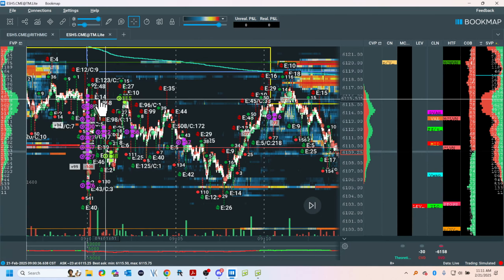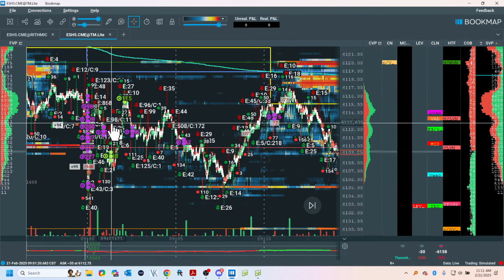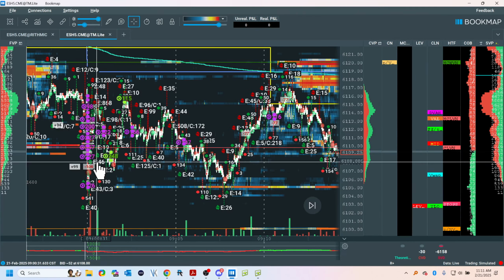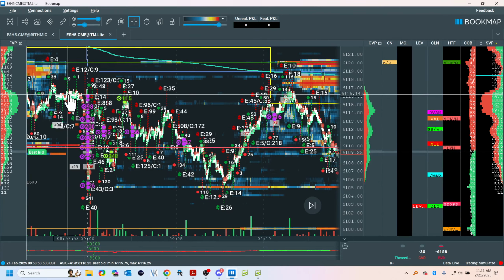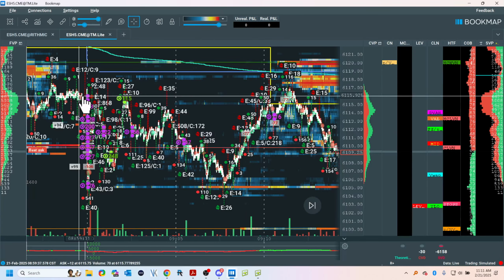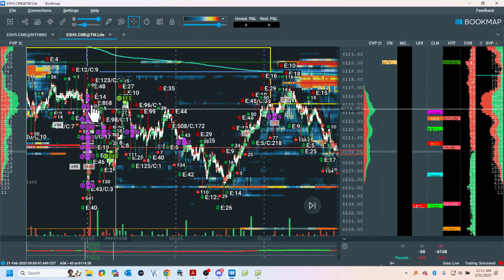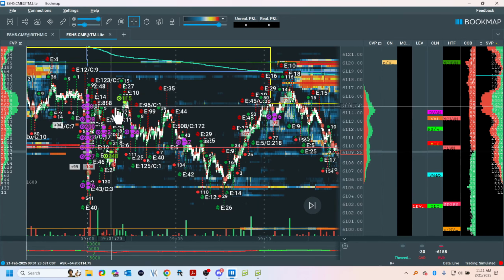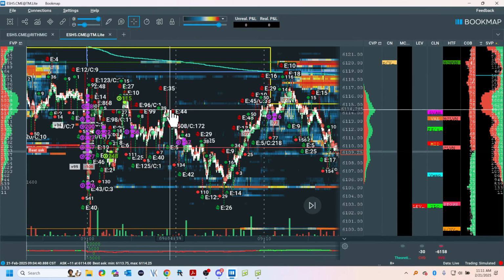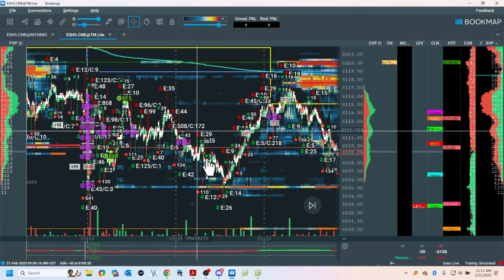And basically what you would be doing with this is you get the sweep. This is off a report. You come up and what do you test? Micro high volume right here. See if this isn't familiar. And you get this. Now, where is resistance? It's right here. That's a short if you're a rotational trader.